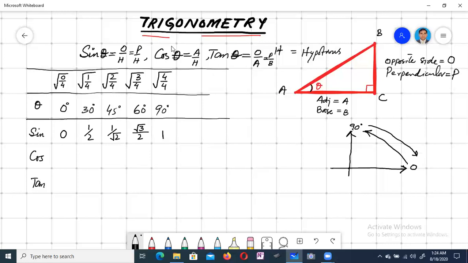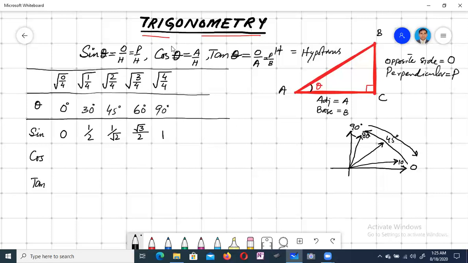In the same way, when we go 10 degrees forward from 0, and from 90 we come 10 degrees backward, on these two angles we will have the same value of sine and cosine. As at sine 10 degrees and at cos 80 degrees, sine and cosine have the same value. In the same way, at 45 in the middle, both values will be the same.